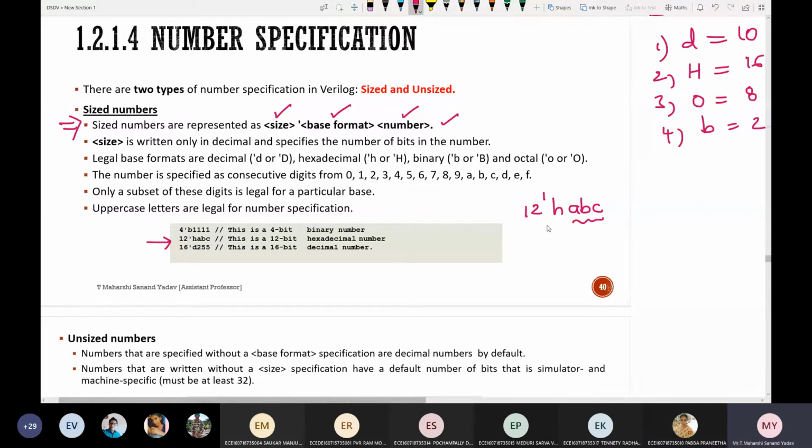How will you represent this ABC in terms of binary? Tell me the equivalent.